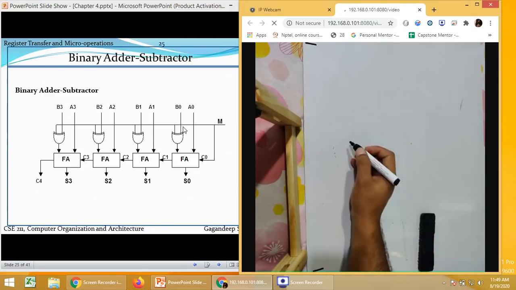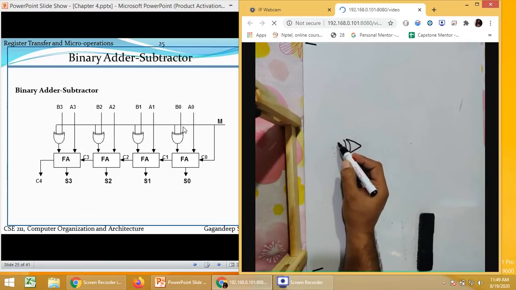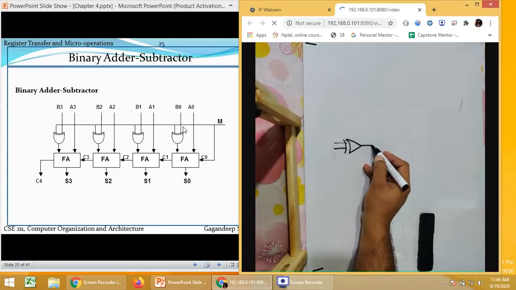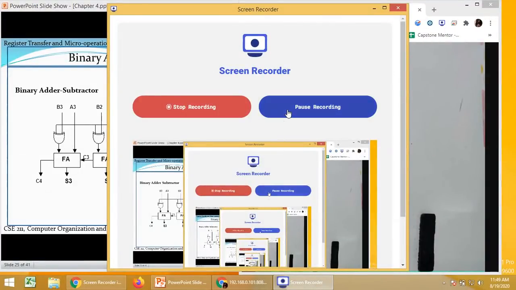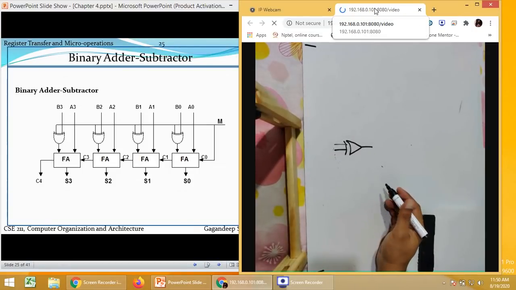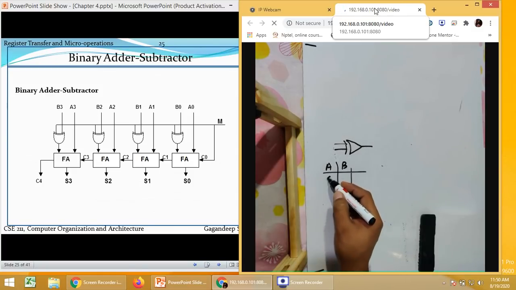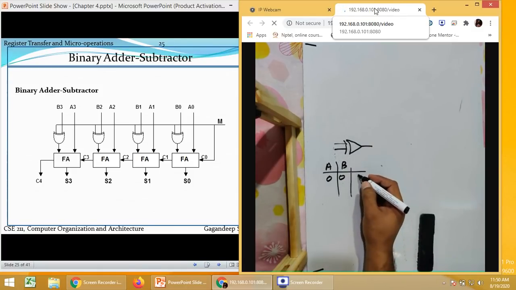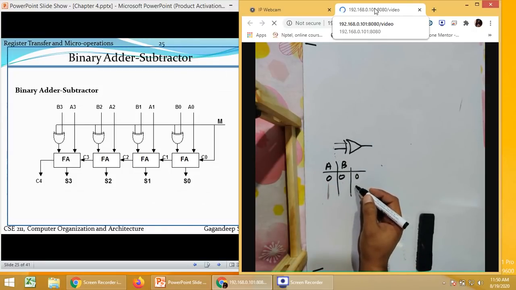If you remember, what is a XOR gate's functioning? For a XOR gate, if we give the same values in the input, like A and B, if both are the same, the output will be low. If both the inputs are different, then the output will be high.